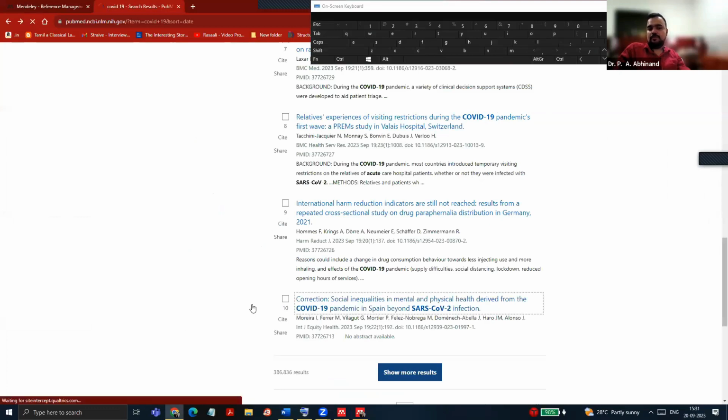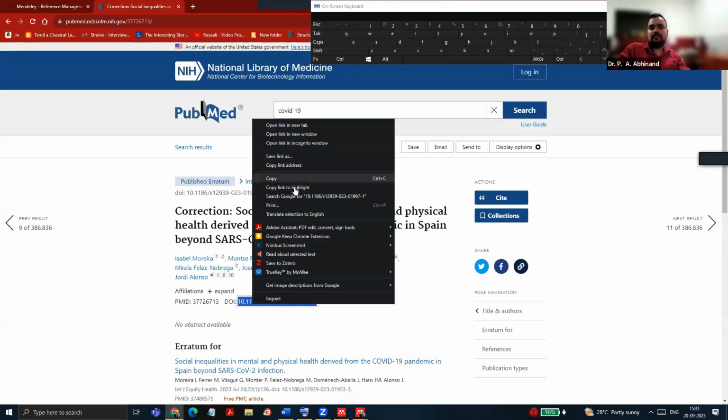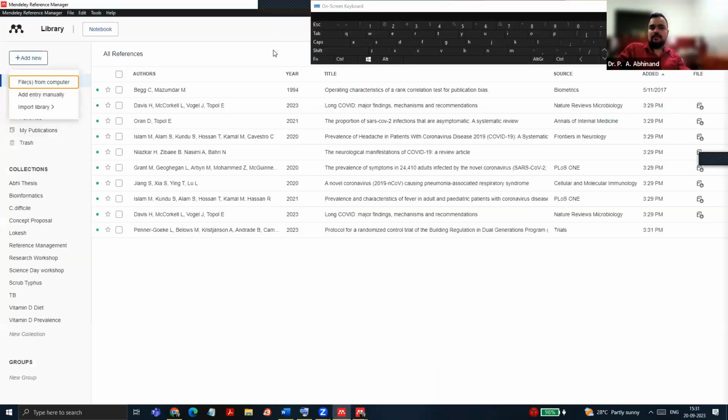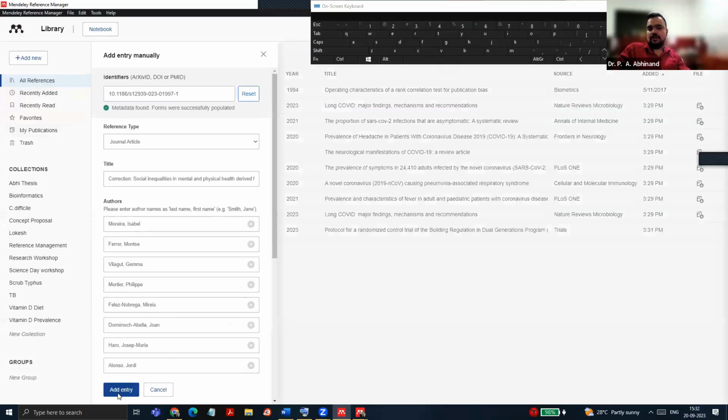So copy the digital object identifier. Again, same option, add entry manually, paste the DOI ID. You might know that it always starts with a 10. So you search for it. Again, the paper is added. So Monera Isbel is the first paper. So we have added that paper also.